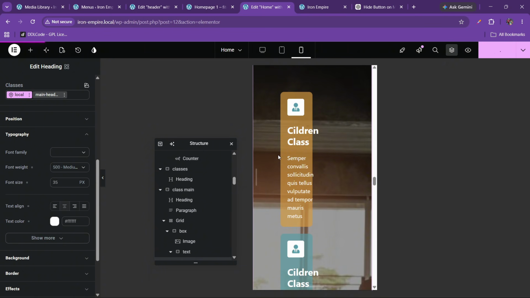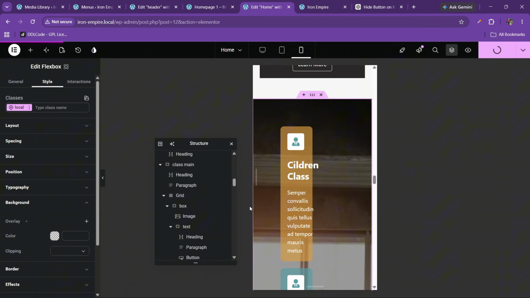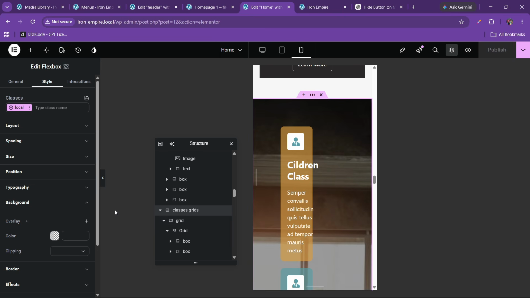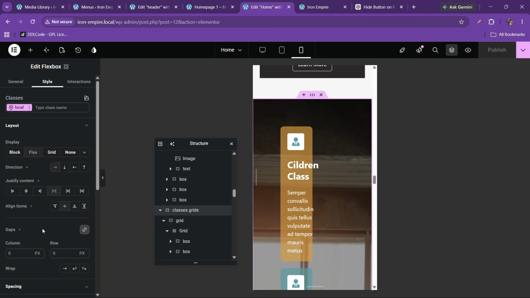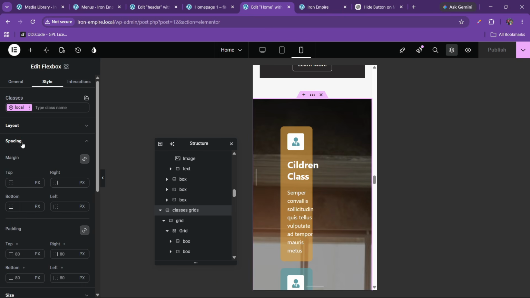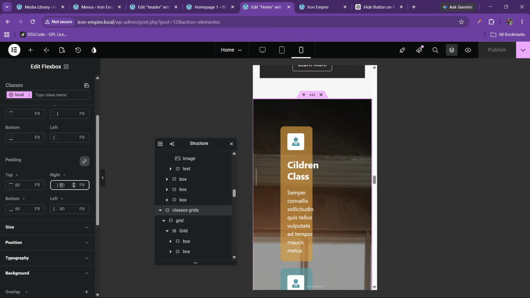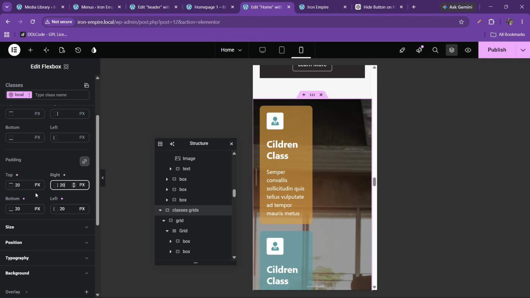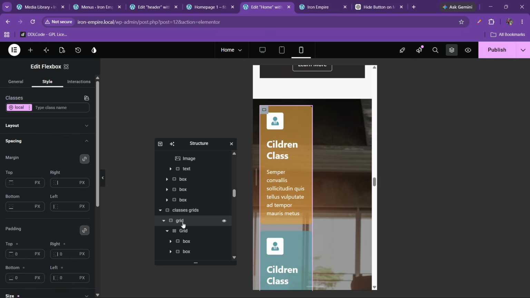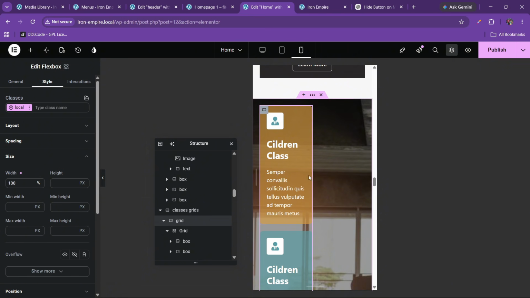Let me publish this one so you don't lose any changes. And this is the class grids. Go to the layout, and here also we have the spacing here. We can add the 20, and for the grid we can have this 100%. Okay,